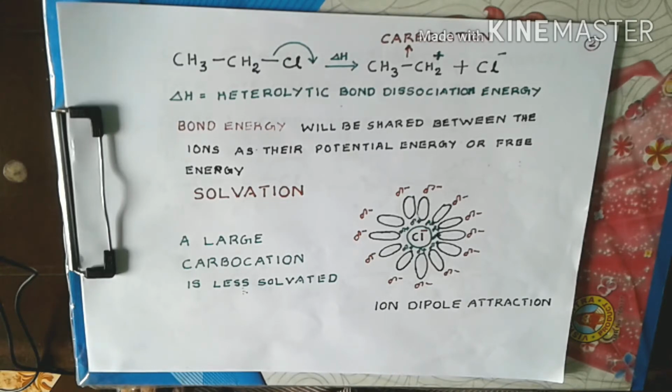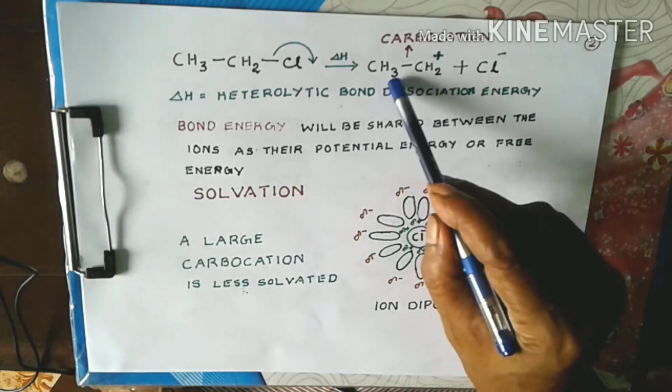Now, it's a weak bond, but when a large number of molecules are surrounding a chloride ion, the sum of all these weak bonds will amount to a large energy released, so that the potential energy of the chloride ion will be released to a large extent, and it will be stabilized in a polar medium. This process is called solvation, and the energy released by solvation is called solvation energy.